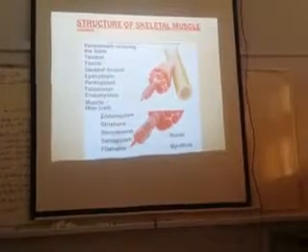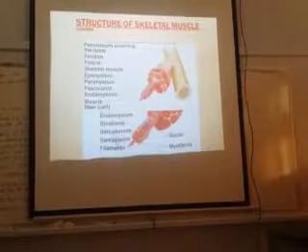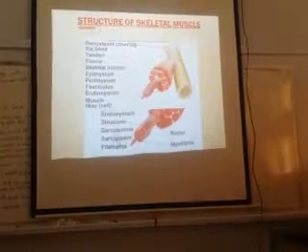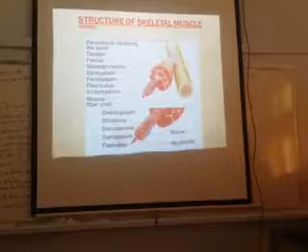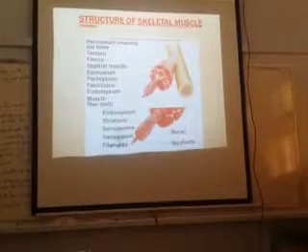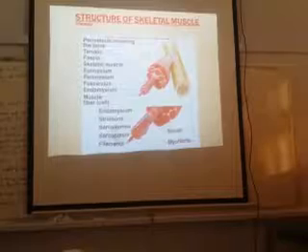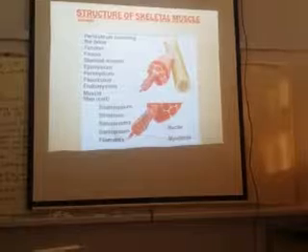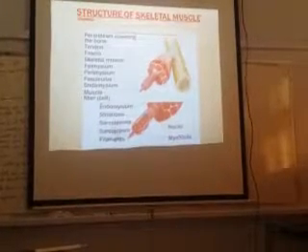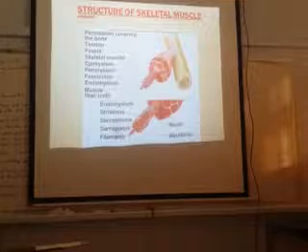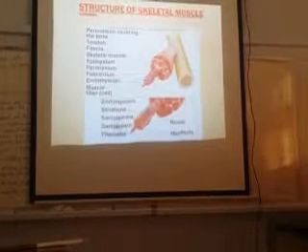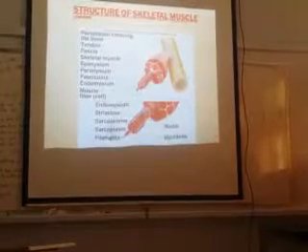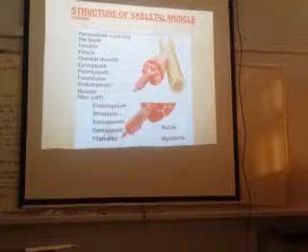The same thing I will explain in the diagram picture. You can see the periosteum is the outermost covering of the bone, then the tendon. This is the muscle attached to the bone, and this is the fascia, the covering over the muscle by connective tissue. Skeletal muscle, you can see the epimysium, this covering is called epimysium, and perimysium. These are called fasciculus.